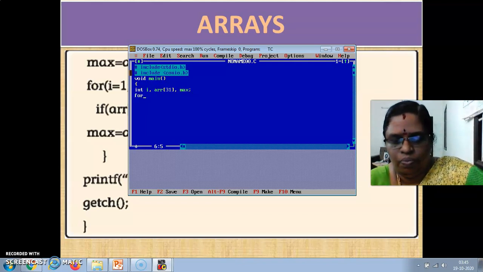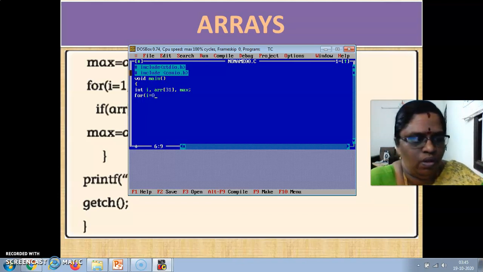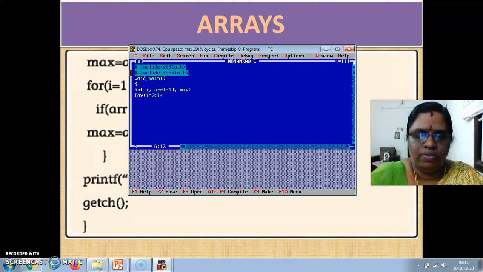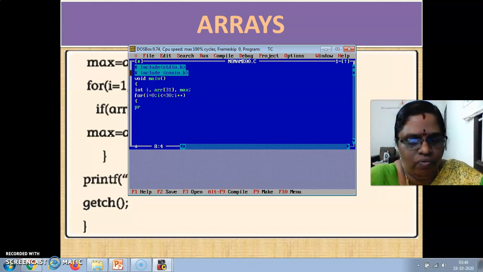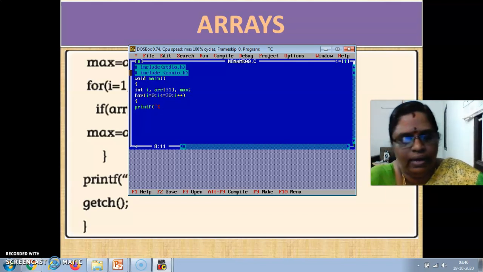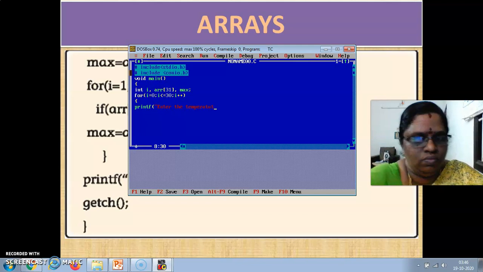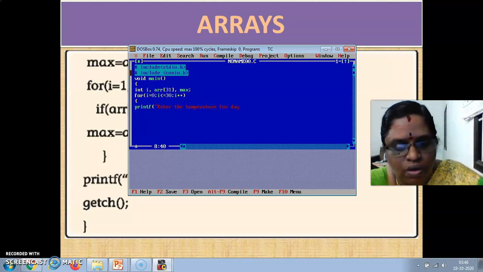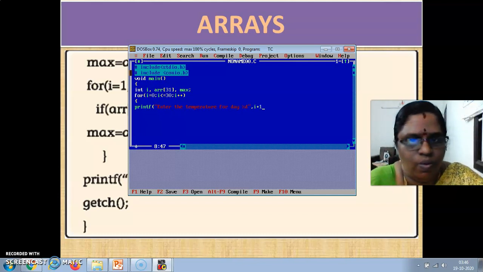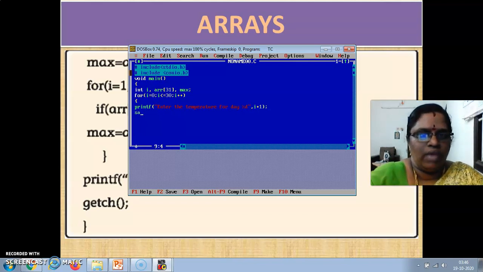So for i = 0, i <= 30, i++. Here, what do you want to do? printf("Enter the temperature for day %d", i+1); semicolon, scanf.